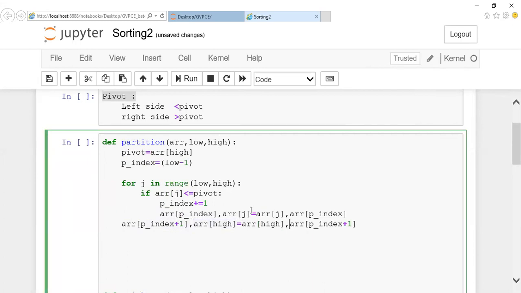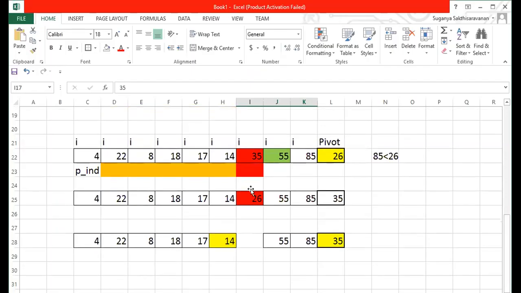Just swapping of these two elements. Okay, after doing all the process, what I need is for the next division. You can notice that till this we have done it. Till this we have written a program. And after this, what I told you, this process has to be repeated.